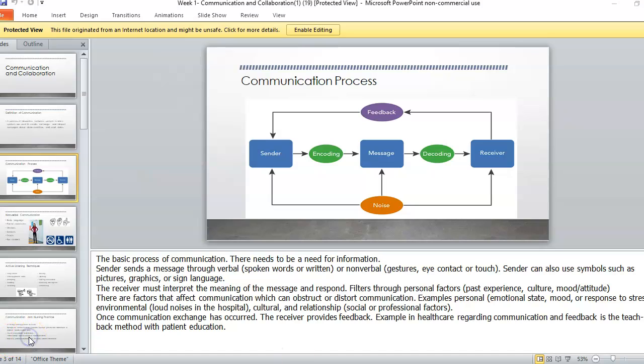Once communication exchange has occurred, the receiver will provide feedback. An example in healthcare regarding communication and feedback is what we call the teach-back method. So we need to understand that the patient or the receiver of the information understands the information we're giving them. So we do something called teach-back, and it's a way of checking understanding by asking patients to state in their